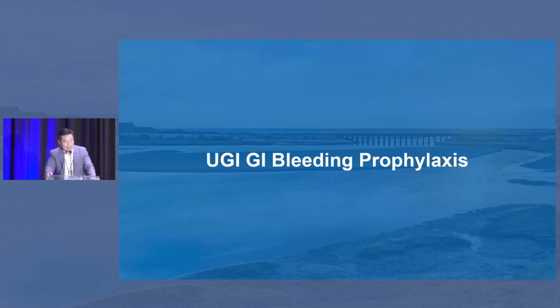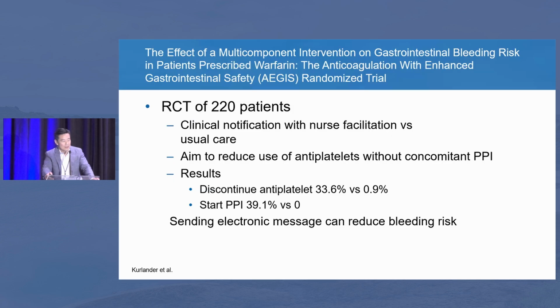The next set of abstracts has to do with upper GI bleeding prophylaxis. This is an interesting study that looked at a multi-component intervention on GI bleeding risk in patients prescribed warfarin. They randomized 220 patients, and physicians taking care of these patients either received standard notification, which was a form letter,